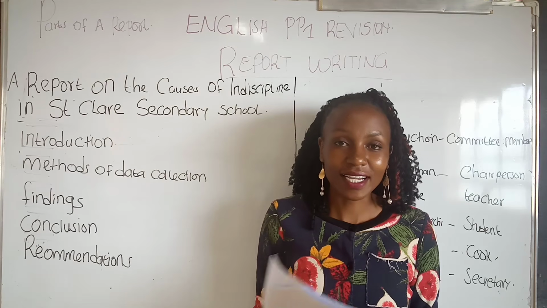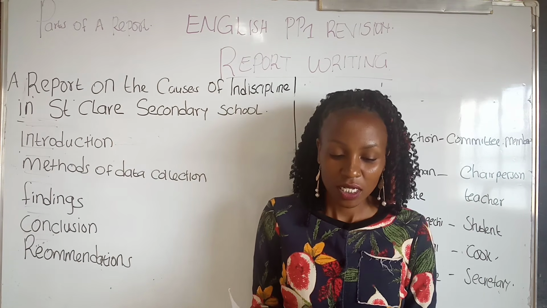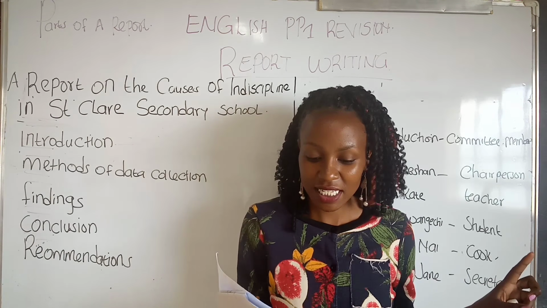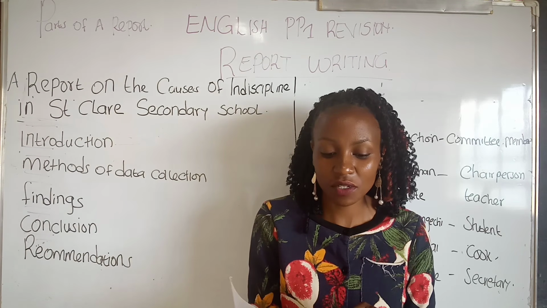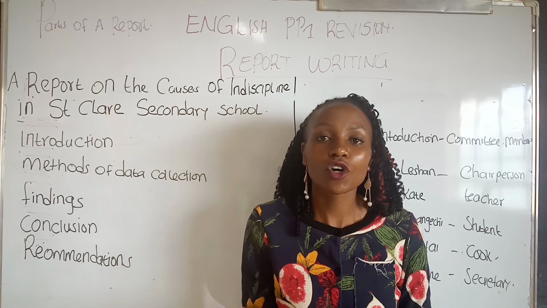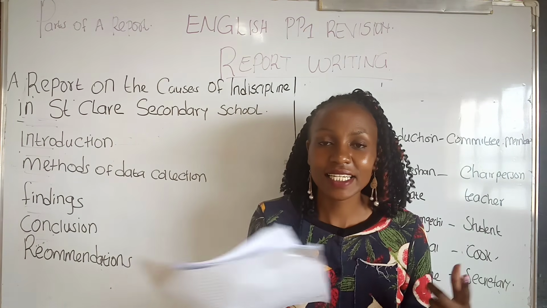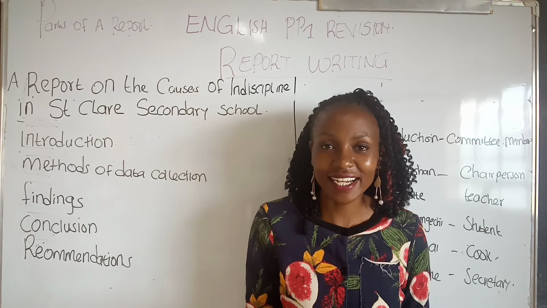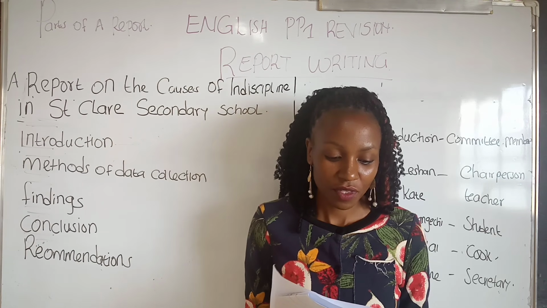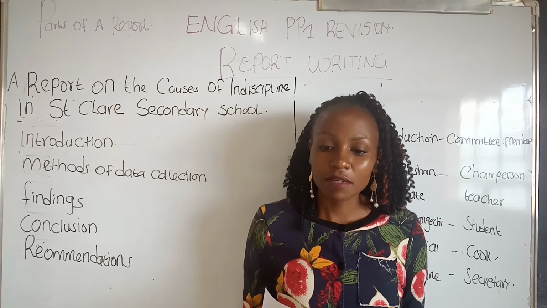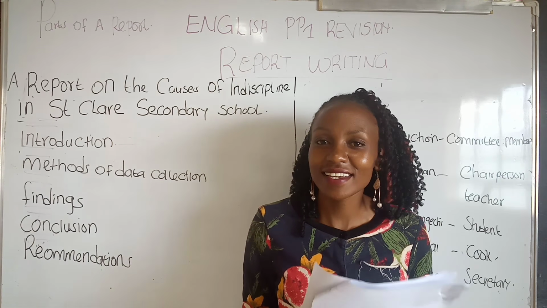2, drug abuse. How are we solving it? We can solve the drug abuse in 2 ways. 1, strict rules to be put in place such that those who are found abusing drugs face the consequences, such as suspension for 2 weeks. Or you can have this, guiding and counseling the students about the effects of drug abuse. There's 2, you can just pick one of them. And then 3, the case of ignorance. Indisciplined students to be punished immediately to ensure that they don't repeat the same mistakes again.